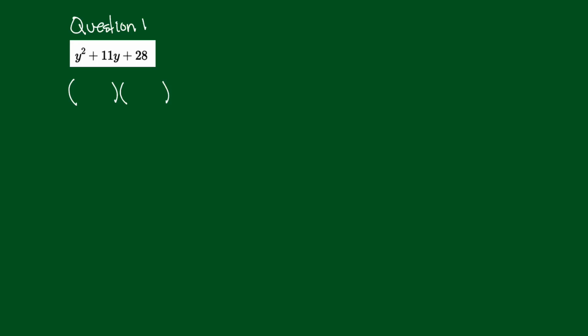So here's what I'm going to do. How do I get a y squared? Well, I'm going to get a y squared by a y and a y. Now, the question is, how do I get a 28 and an 11? The 28 comes from multiplication. The 11 comes from addition. So what I'm going to look at here is, how do I get a 28